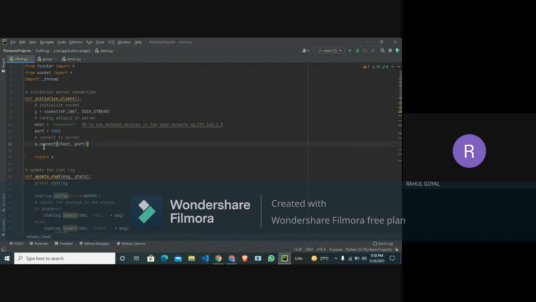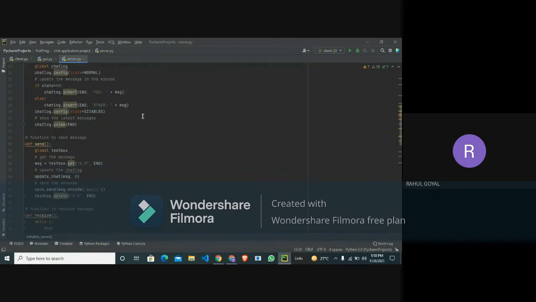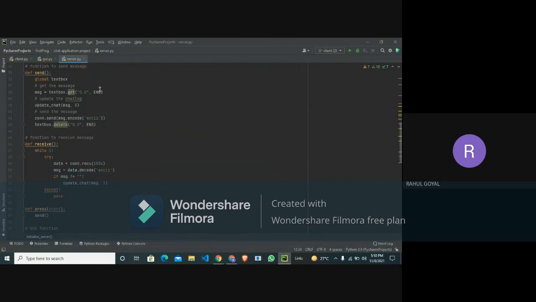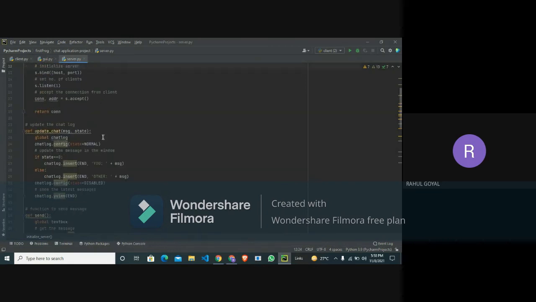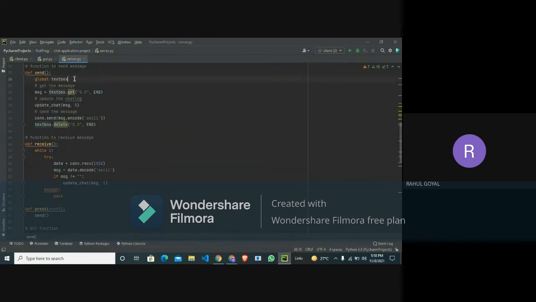Except for s.bind, here we use s.connect, because the client will connect with the server. The next part has three functions: send function, receive function, and update chat. We will first discuss the send function.